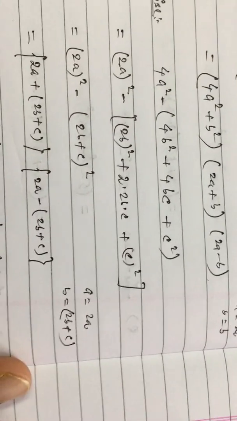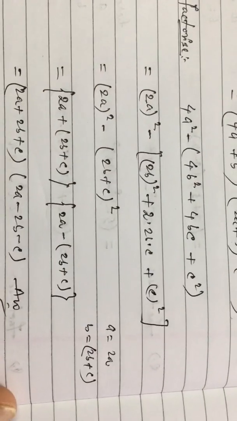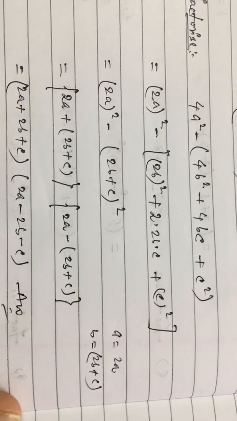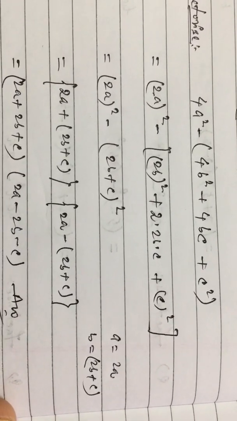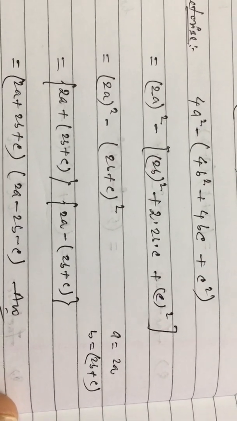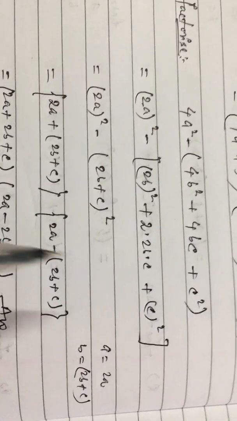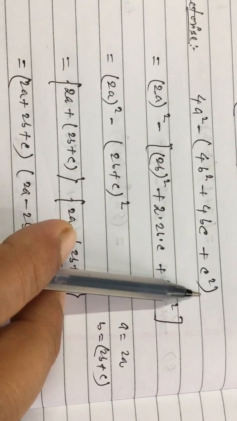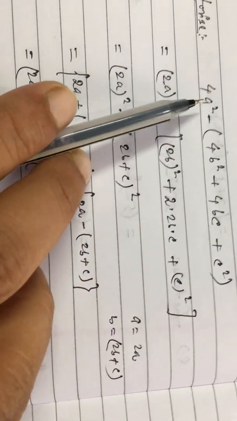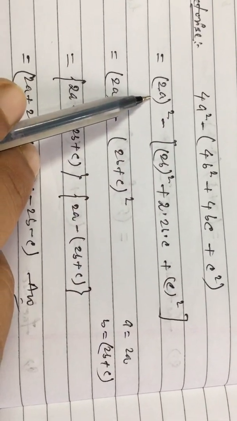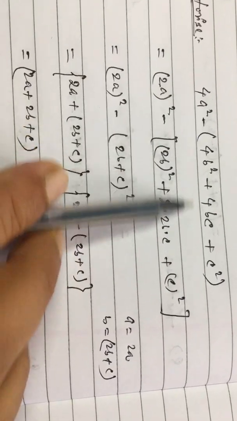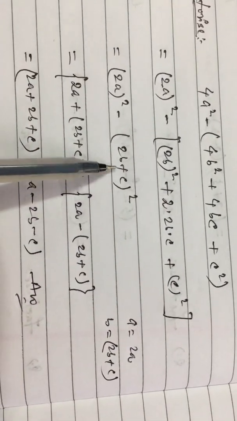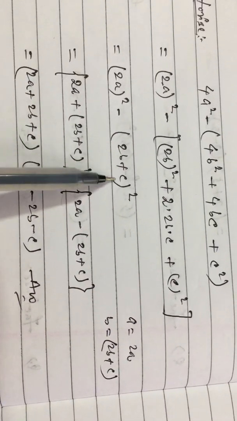Now see one more question. In the beginning I told you that always two terms are there. But children, you have to keep in mind, not always are two terms there. See, in this question, 4 terms are there. In this type of question, this is the perfect square of 2a, and I think this is also a perfect square. Now you can see in the second line, it is the perfect square of 2b plus c.